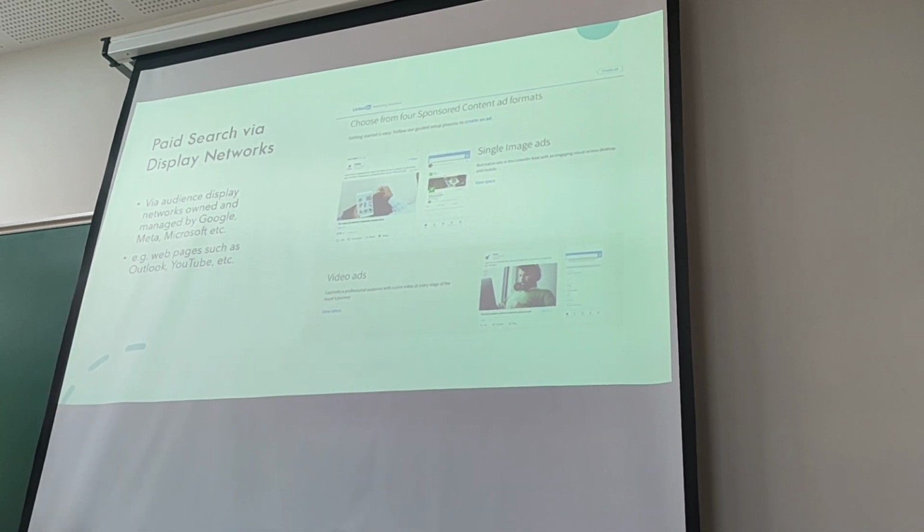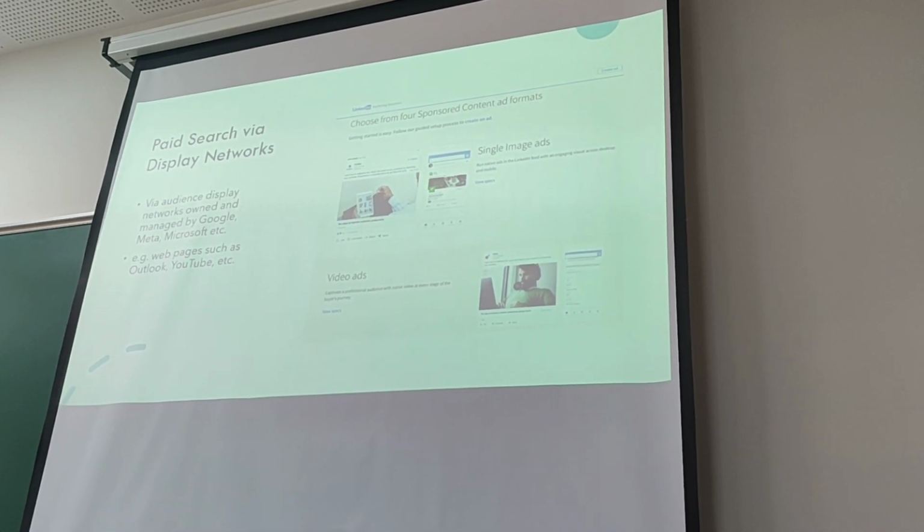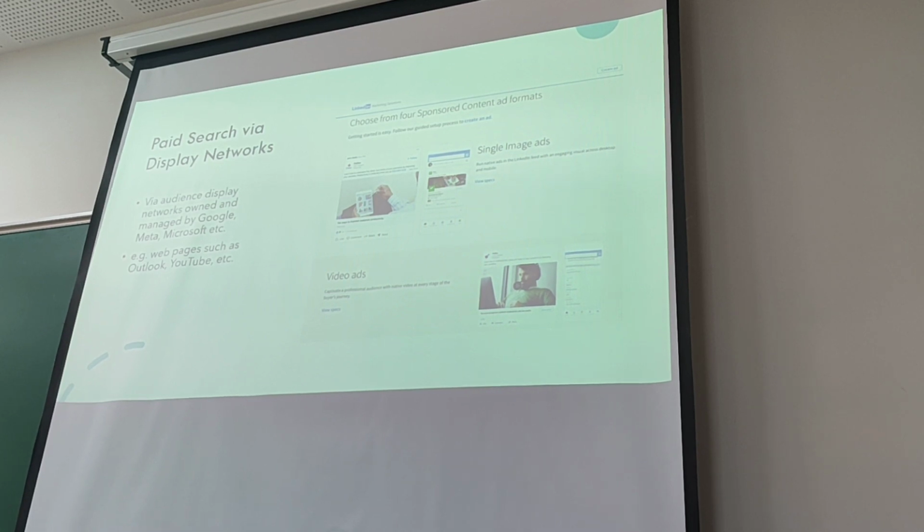But anyway, the way that those adverts appear: before these display networks existed, it would literally be a negotiation between the person who wants to put an ad on the website and the person who owns the website, in the same way that traditional advertising works.